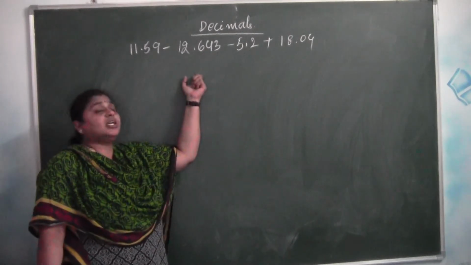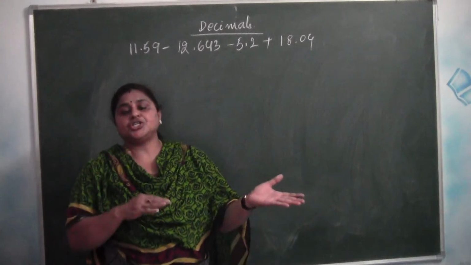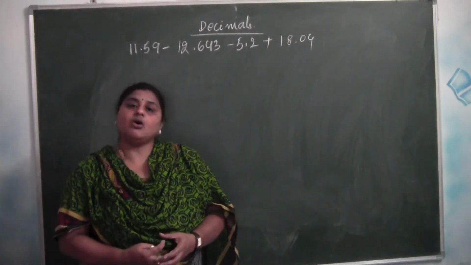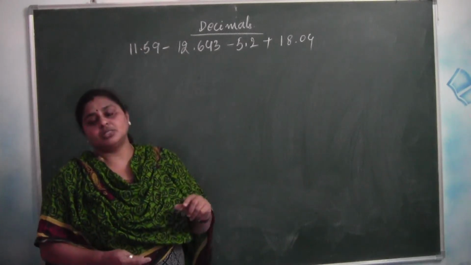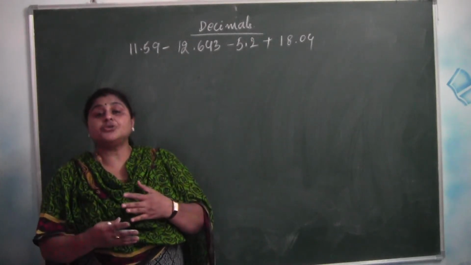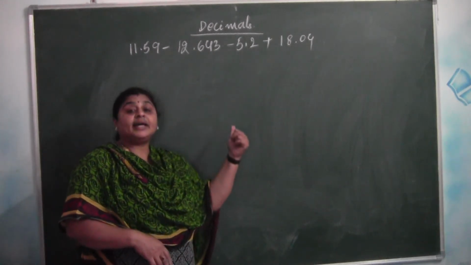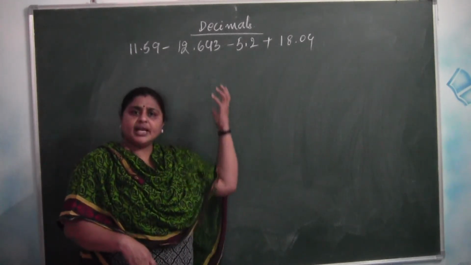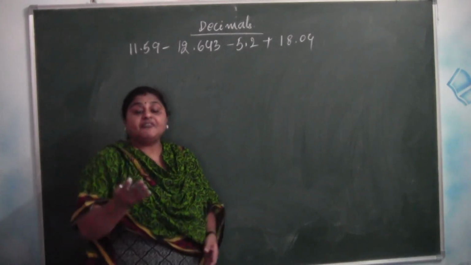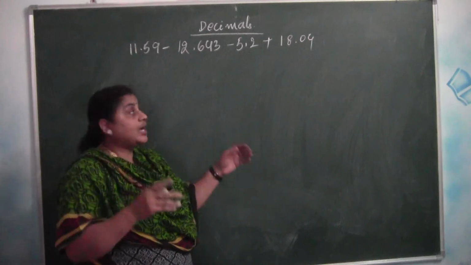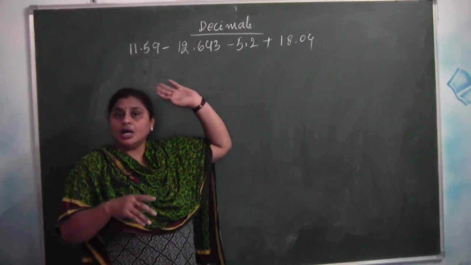This sort of thing you have already learnt with normal numbers. Addition and subtraction together, you already know how to solve in your previous concepts. You know very well how to add the numbers, but here we are adding and subtracting decimals. The same formula we will apply here. Before that, first you have to convert the unlike decimals to like decimals.